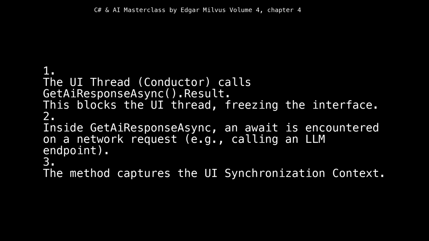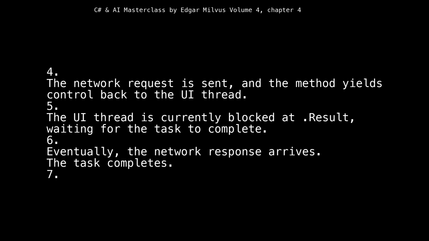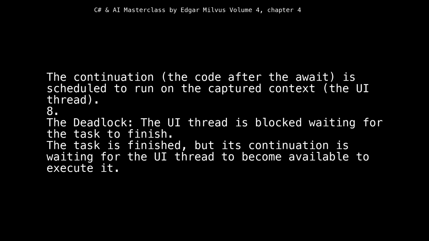2. Inside GetAIResponseAsync, an await is encountered on a network request, e.g., calling an LLM endpoint. 3. The method captures the UI synchronization context. 4. The network request is sent, and the method yields control back to the UI thread. 5. The UI thread is currently blocked at .Result, waiting for the task to complete. 6. Eventually, the network response arrives. The task completes. 7. The continuation, the code after the await, is scheduled to run on the captured context, the